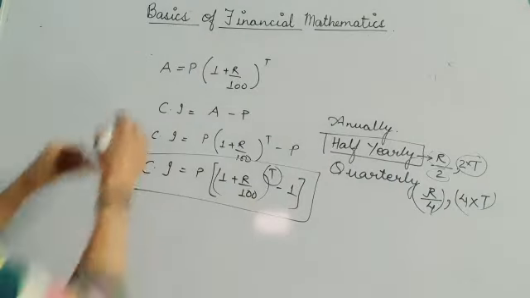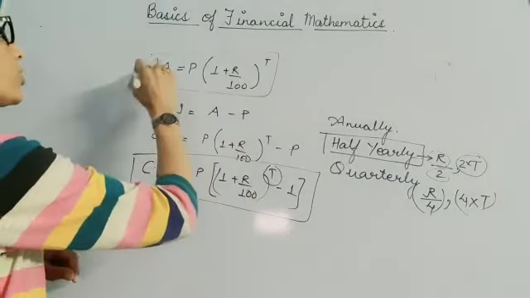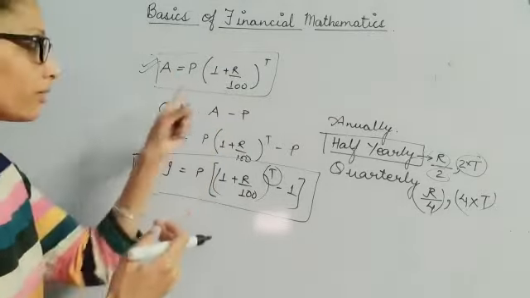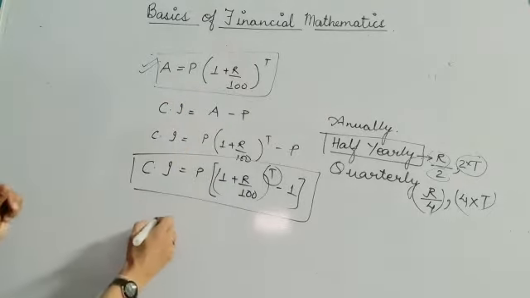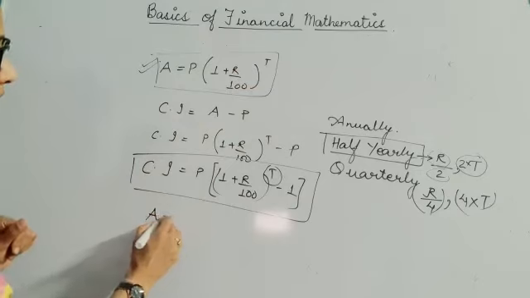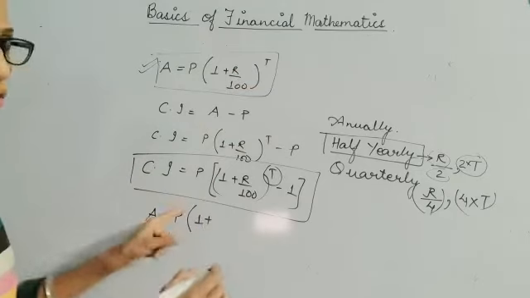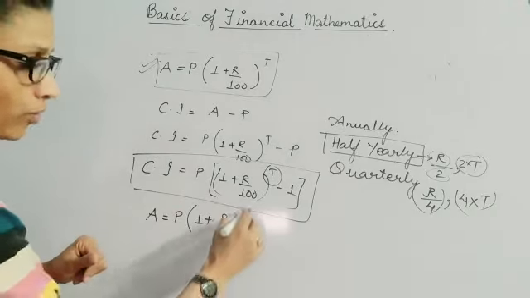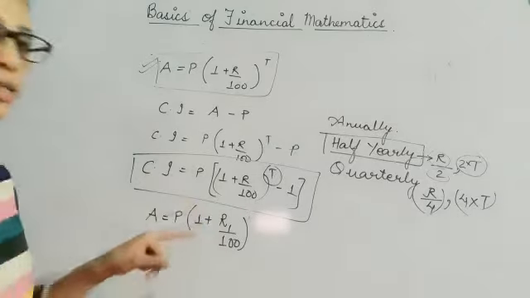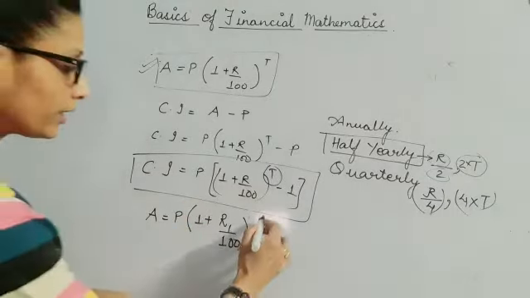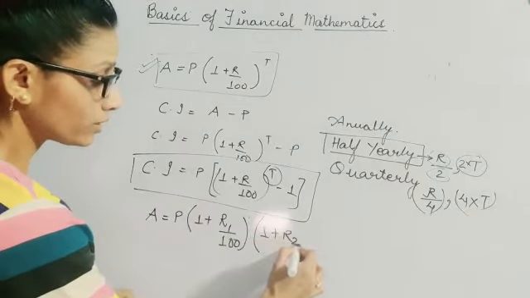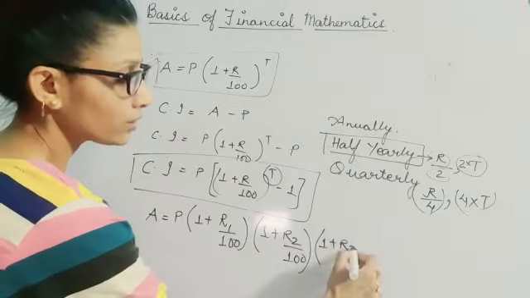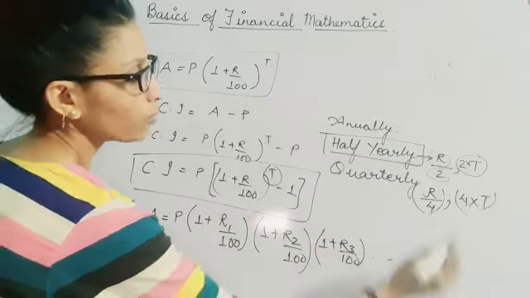Now this is a very important formula and it is used at many places. Like if you are given different successive rates of interest, then this formula can also be applied like this. A equal to P. Let's suppose for the first year the rate of interest is given as R1. So I will be writing it like this for 1 year. If I am not writing the 1, then also it is correct. Let's say for the second year, your rate of interest is given to you as something else. So you will be applying it like this. Let's suppose for the third year it is given something different. So you will be applying the formula like this.